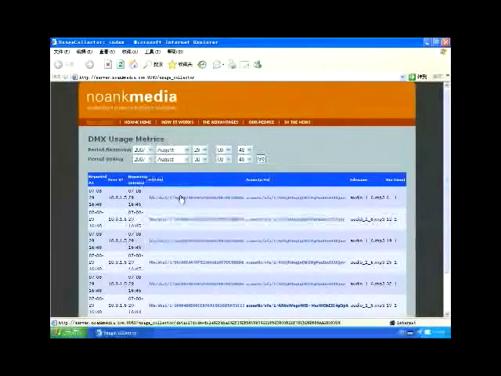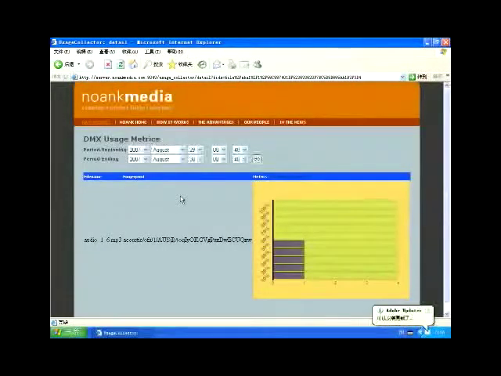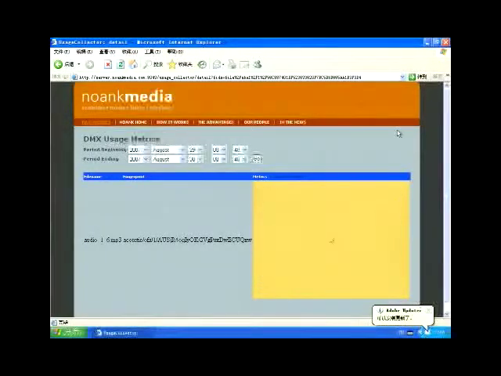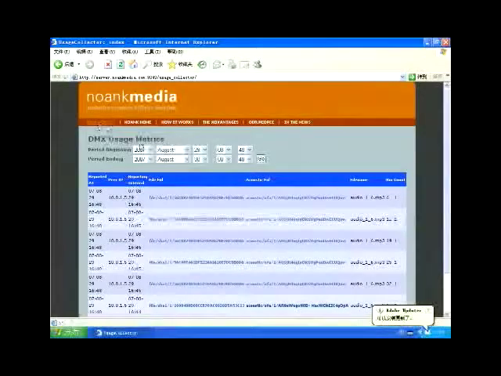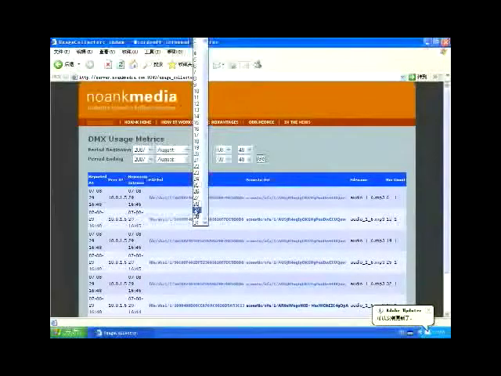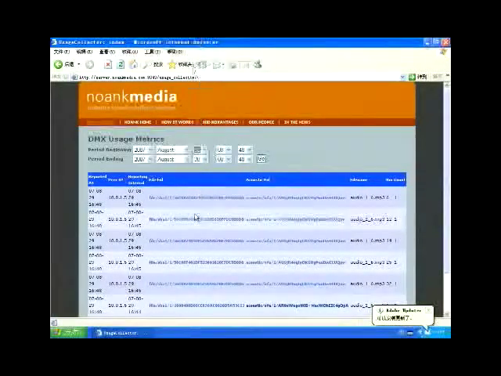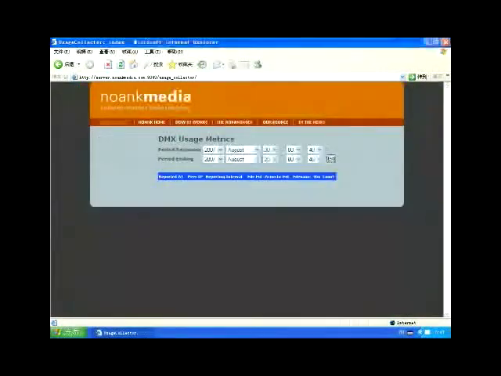Now what we're looking at here is a prototype of what content owners will see when they log into our system to check the progress of their files being used on the network. So here a content owner has logged in for the song that we just played and can see statistics not only about how frequently a file was played, but up to what percentage of the file was played, what portions of the file were played, and so on. Now this interface will be considerably improved when we launch and be more functional and attractive for copyright owners.